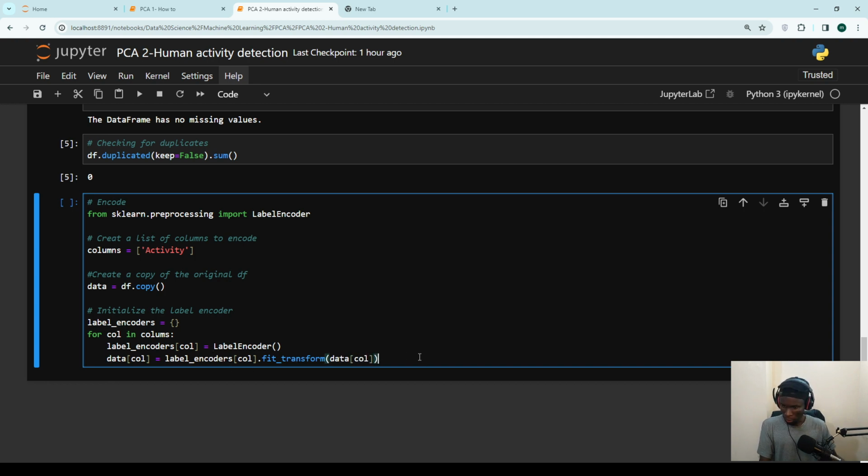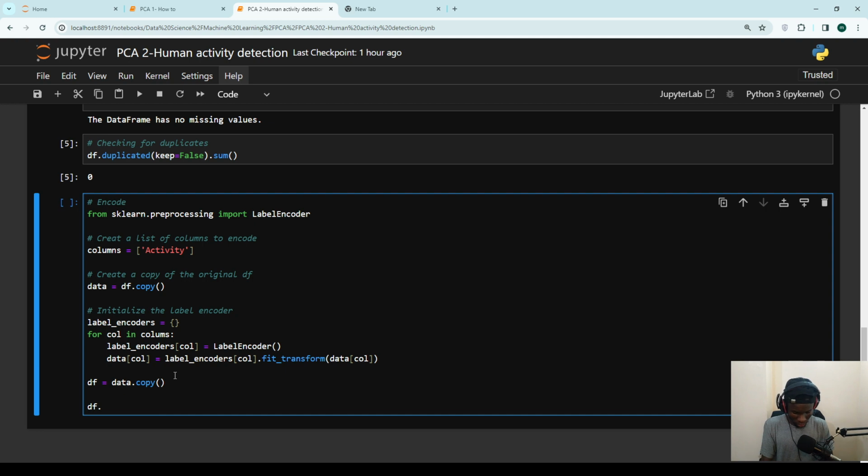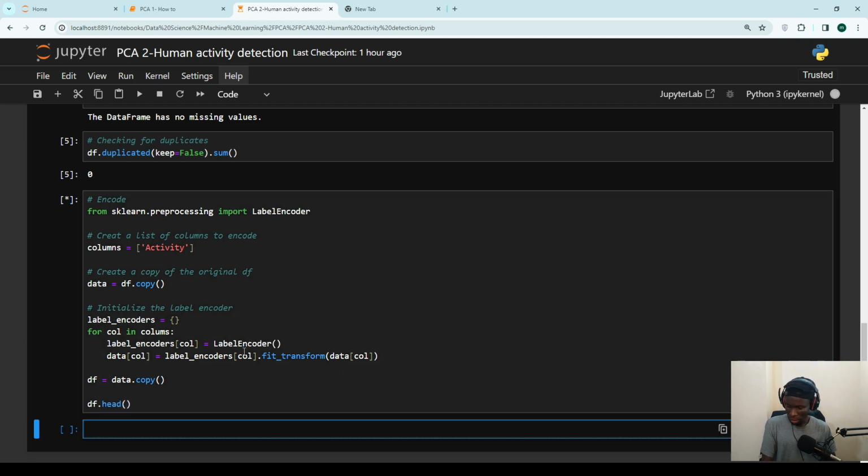Okay. After we have done with this, so remember we created a copy of our data frame. So I want to restore that process back. So from data.copy, I will copy back into our original data frame. Earlier on, remember we created a copy of the original data frame. So then here, after conducting the label encoding, we're now going back to our original data frame df. So for me, I like using df. So when I execute this again,